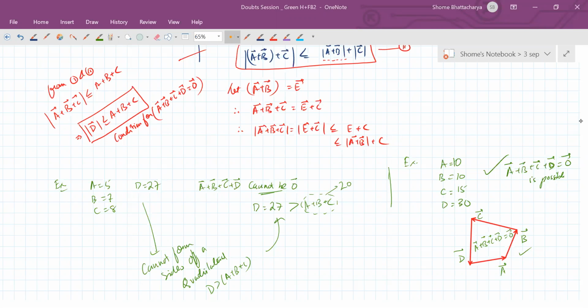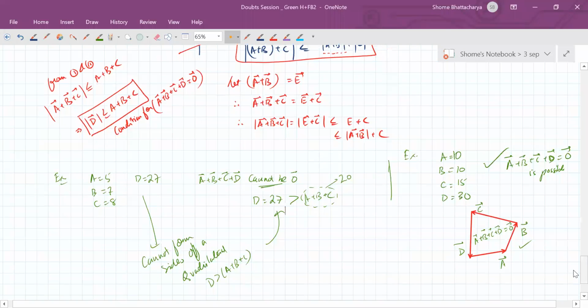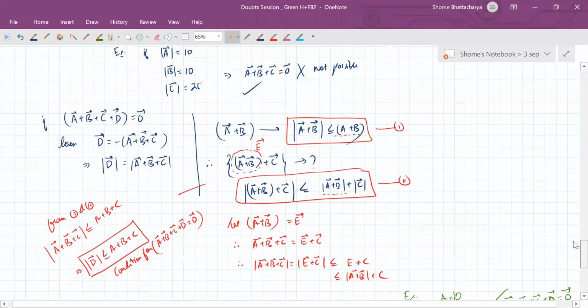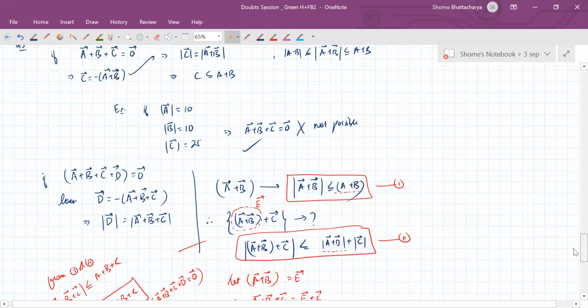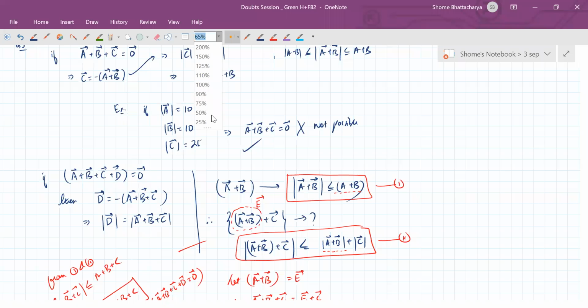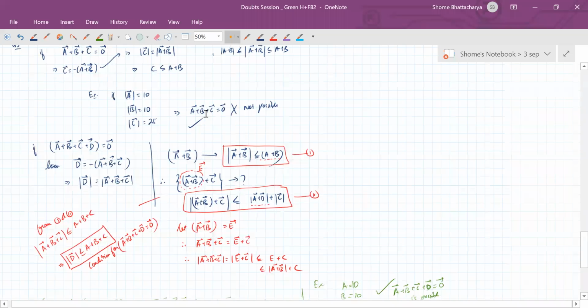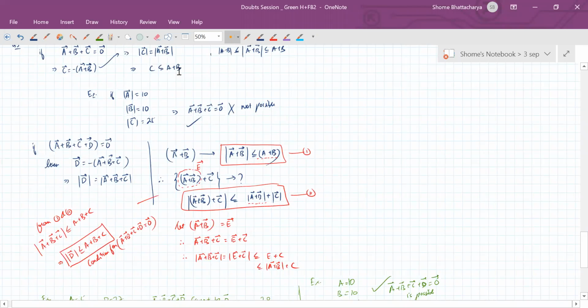Rachit, but the main thing is that first of all you learn here how the concept of triangle inequality for the resultant of three vectors to be 0, how we use triangle inequalities. Now that is extended over here for a situation where you're looking at the resultant of four vectors to become 0. So first we understand this, that from the three vectors condition, how we've extended it to four vectors condition. Then you can take any examples and understand. So hope this is clear.